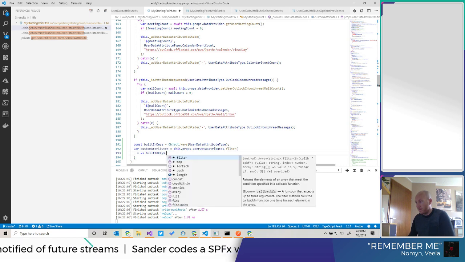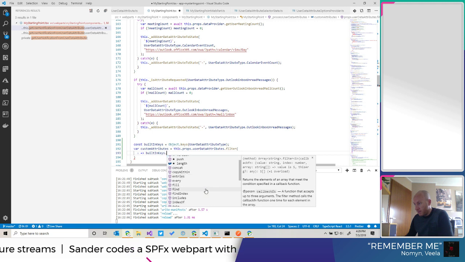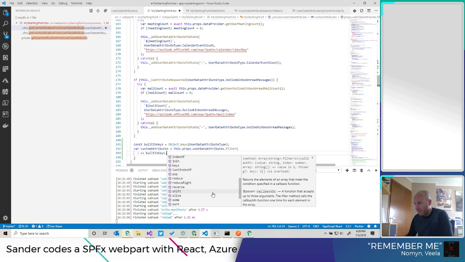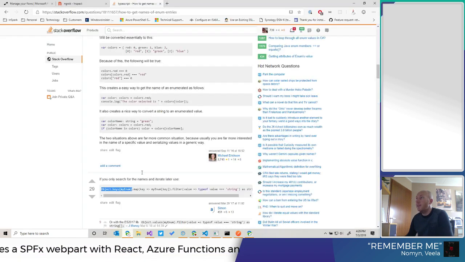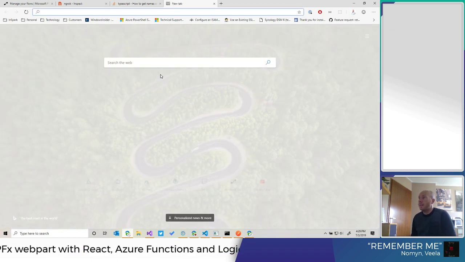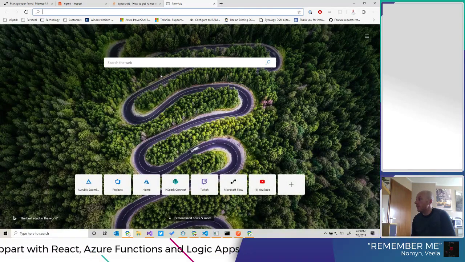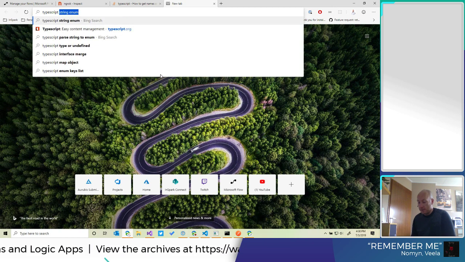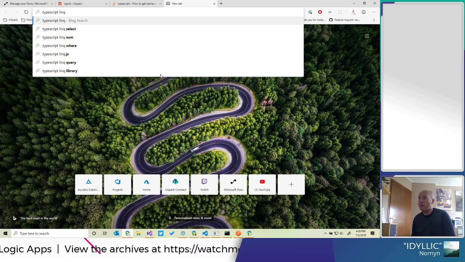Not some, something like any. I always forget the TypeScript names, the equivalent of LINQ. I'm more used to using C# LINQ, so most of the time I just search for TypeScript LINQ.